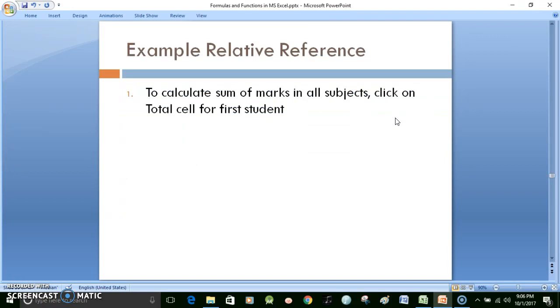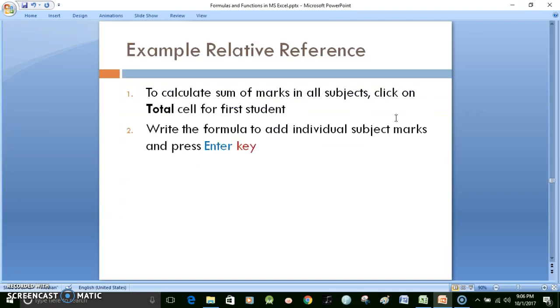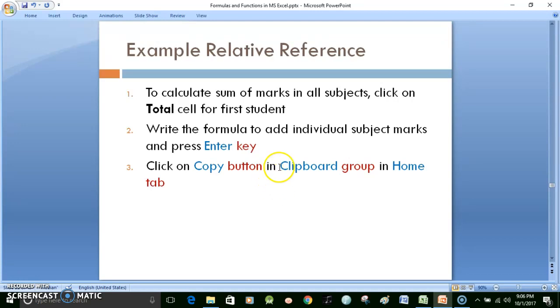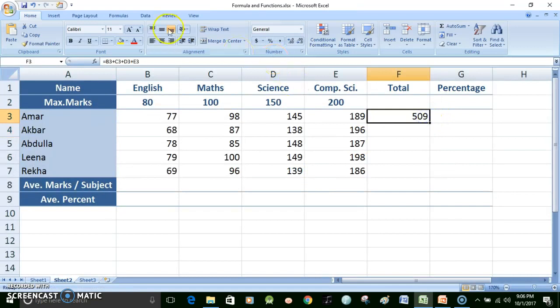Let's go back and look at our instructions to see what's the next step. Once we have found the total for the first student, who was Amar in our case, we did the second step as well, which is to write the formula to add the individual subject marks to find the total mark. Now we want to do this for the rest of the students, and we want to copy and paste the formula that we wrote for the first student. The way to do copy paste, as we had seen in the earlier video, is to use the copy button in the clipboard group in the home tab. So let's use the copy button here,